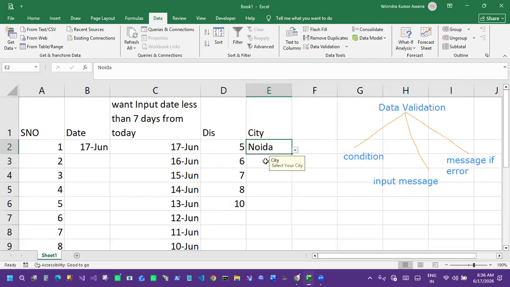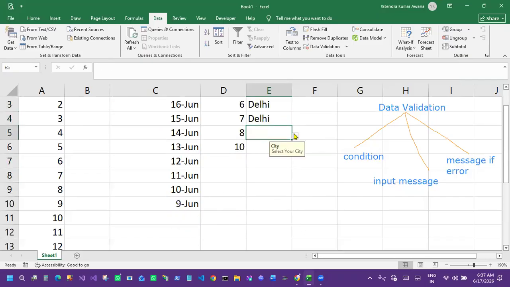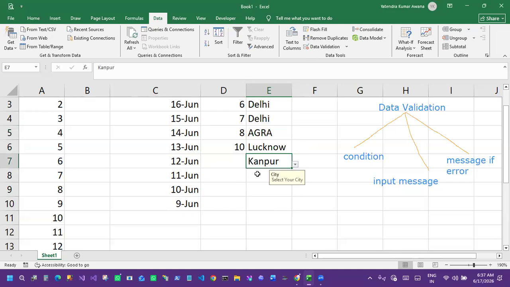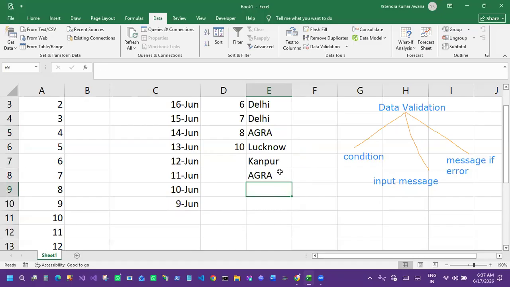Got it? So here we can do this also. First we can drag this and then we can apply this. This is the use of list. Whatever we want to insert in a cell, we can first define it in the list, and then we can choose whatever we want from the list. Do you understand this list, or should I repeat it again?